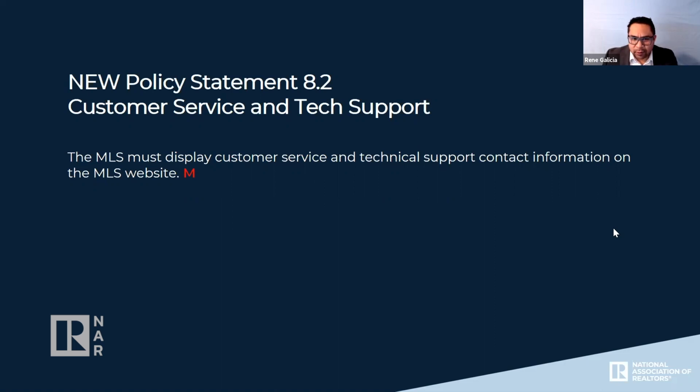This may come down to your agreements with your vendors, who's providing tier 1 support, or the first line of support. If that's your vendor, then that's maybe one avenue. Things like data licensing, IDX requests, I would imagine those are going to be the MLS's, so you would want that contact information. So it should be as to the most appropriate person, but as Rodney says, you can't go wrong by having your direct association or MLS contact information along with any technical support. Okay.